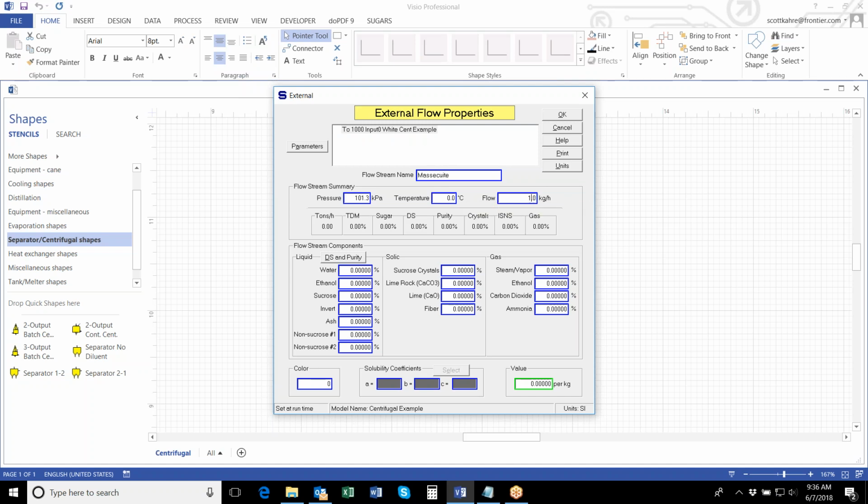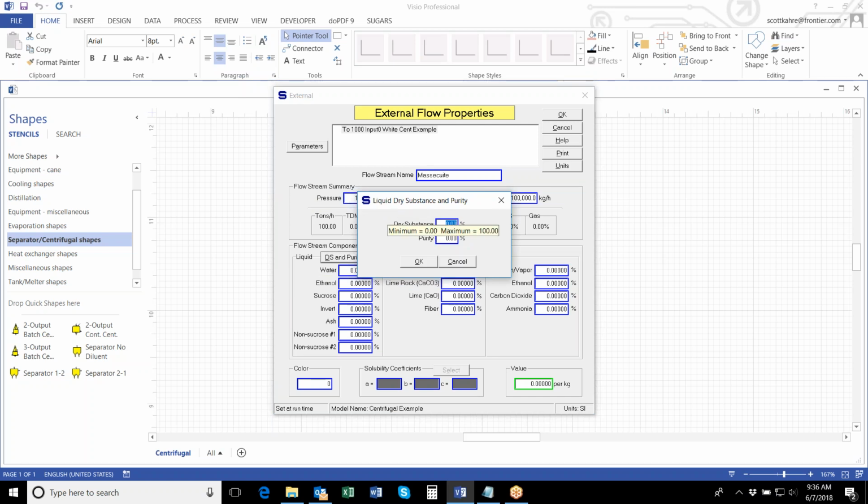And then I have parameters for flow. I'm just entering based on my notes. Of course, this would be based on your own modeling, or if it was part of a larger model, then this would be calculated by Sugars coming from a pan. I'm going to use the DS impurity entry for the liquid portion, so this would be the mother liquor, 82% DS and 83.8 purity,